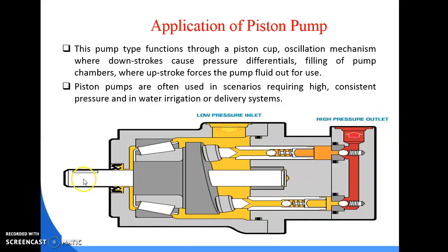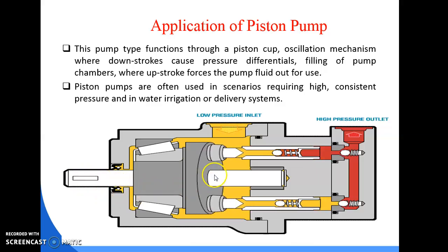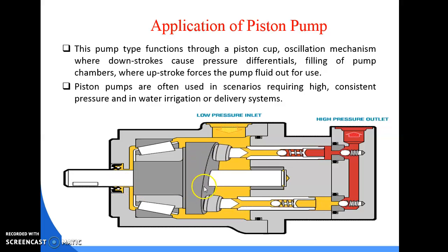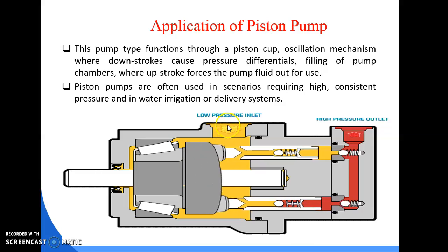So a rotation of the spindle takes place. Due to the rotation of the spindle, there is a rotation of the piston, and thereby low pressure is created. The low pressure liquid enters through it. Now it is driven through the cylinder by using a